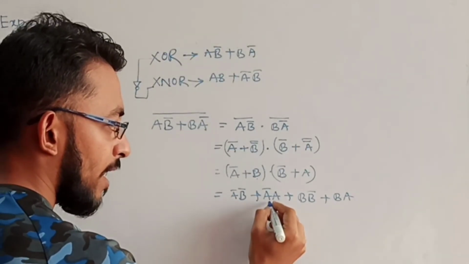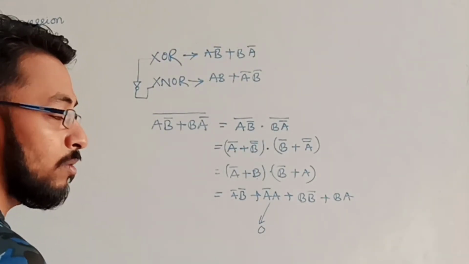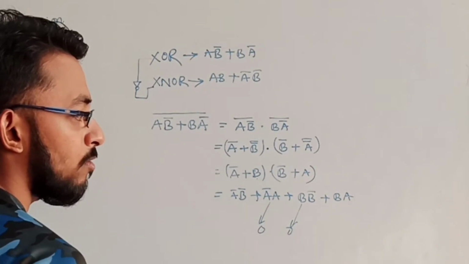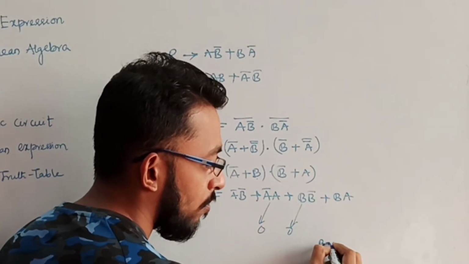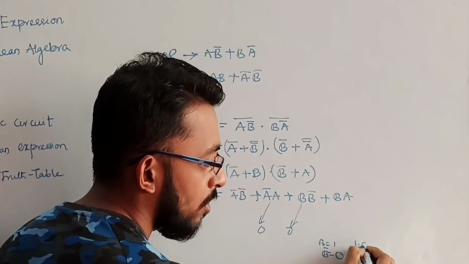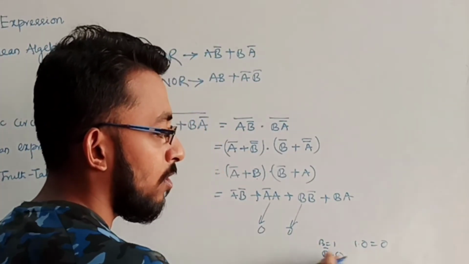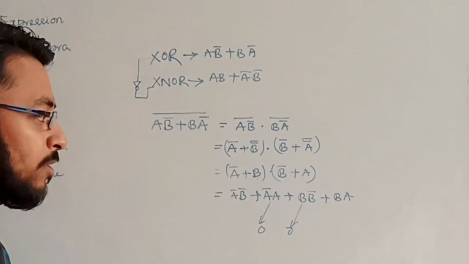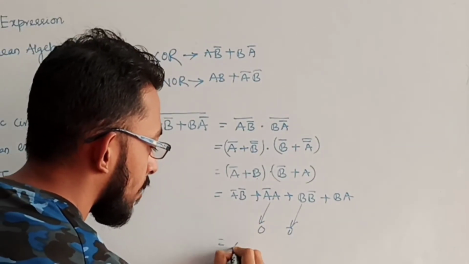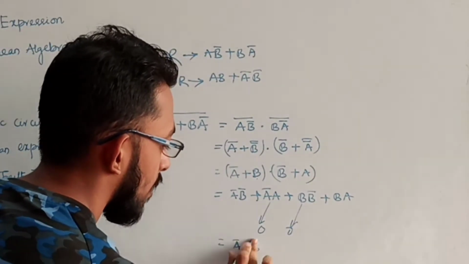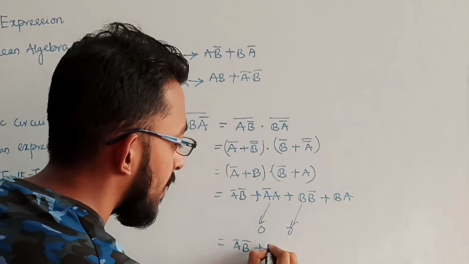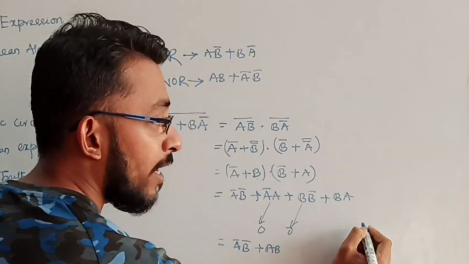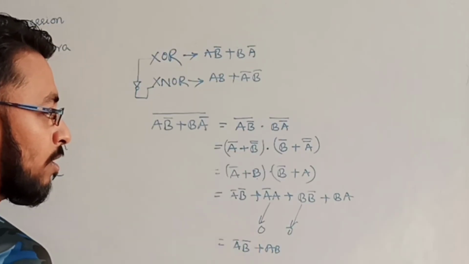Okay, so what is A dot A bar? A dot A bar is nothing but 0. We read in our rules, we have already seen this, A dot A bar is 0. B dot B bar is also 0, because if B is equal to 1, B bar will be 0. So 1 dot 0 is nothing but 0. Since both are complements of each other, the output will be 0 because they are ANDed. And for an AND operation, if any one input is 0, my output will become 0. So it is nothing but A bar B bar plus BA, which is nothing but AB, because we know in the rules that A dot B is the same as B dot A. We already discussed this one in the last class.